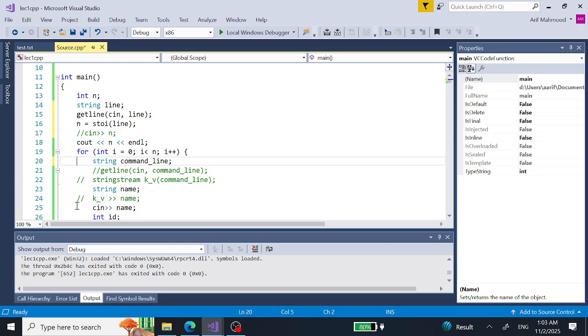What we can do is skip this line first of all. This we are not going to use. We are going to try another way. So string, this is going to be our command line, which is going to give us our name and the ID. Again, we can use this getline function instead of this cin name, and now we are going to use cin inside this getline, and using this string